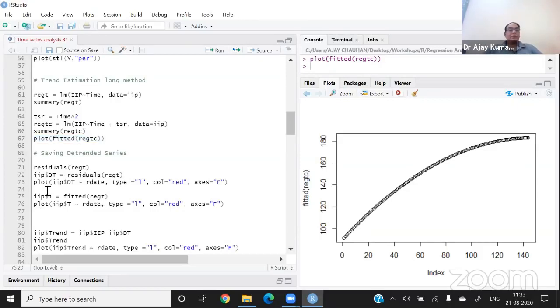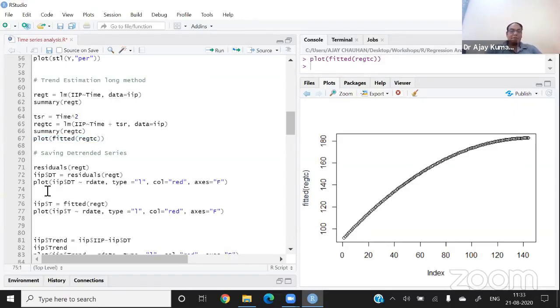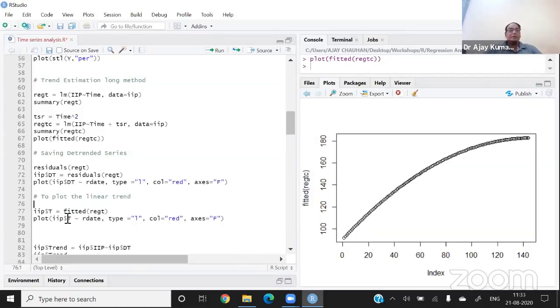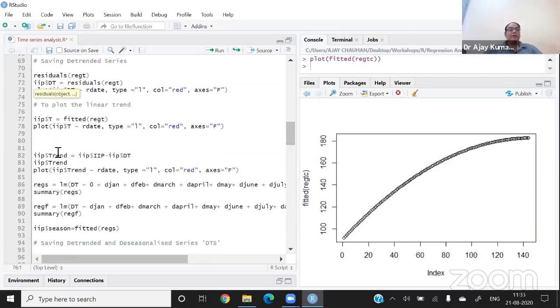This is just to plot the linear trend. After plotting the linear trend, we have this kind of data set. Okay, now let me show you the next command. See carefully.